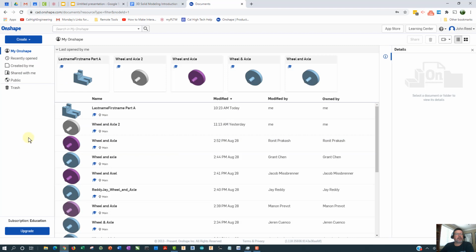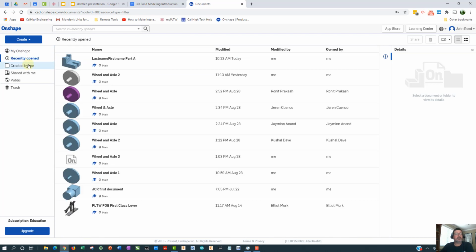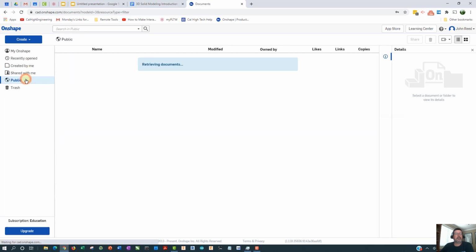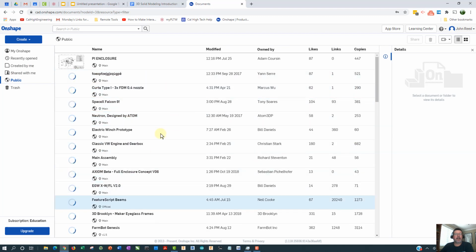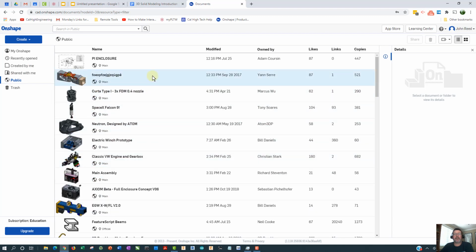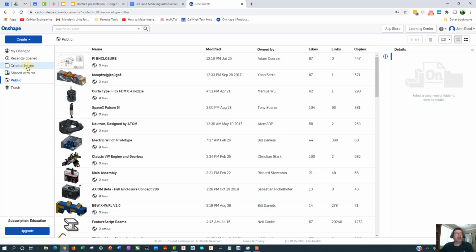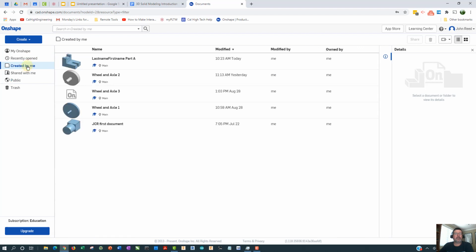Over here on the left, which we'll call the browser, there are different things. So this is my OnShape. It shows really everything that I've made and also stuff that has been shared with me. We've got recently opened, created by me, shared with me, and then public. There's a lot of goodies out there. Since all this stuff goes on to the web, evidently some of it is available to us, so we can check some of this stuff out. So I'm going to click on created by me, and we're going to explore more and more OnShape, but first